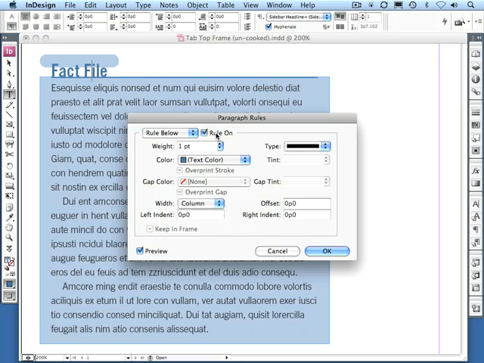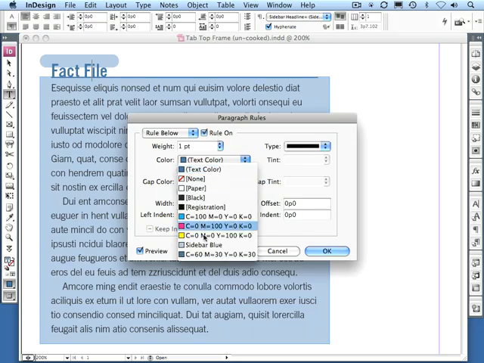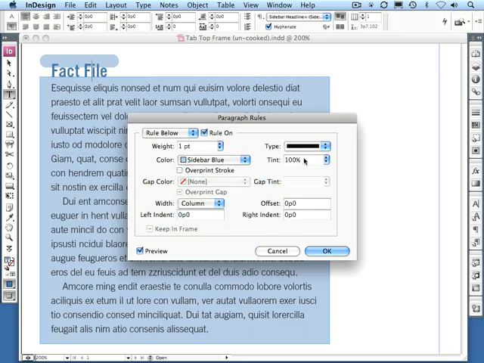I'll turn on the rule below, also make its sidebar blue, but for the look I want, this needs to be a solid rule. That also means I don't need to do anything to its gap color. And I'm just going to bump the weight of this stroke up a little bit bigger than the rule above,